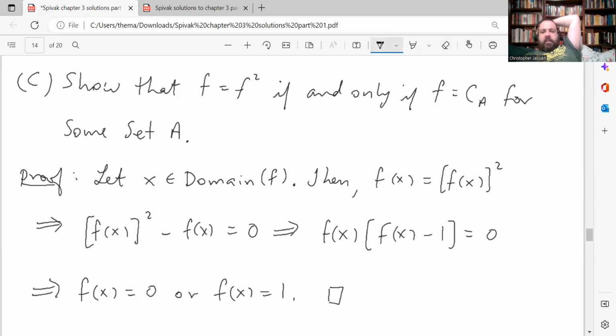For example, if f of x is 1, that's equal to 1 squared, so that's equal to f of x squared. Same thing for 0. So I'll just skip writing that down. I didn't mean to skip it in the notes, but